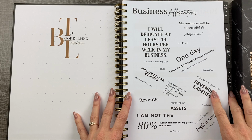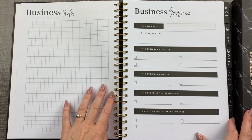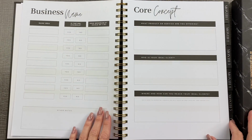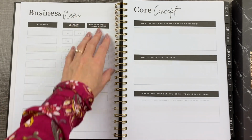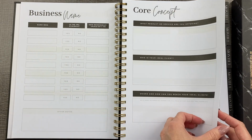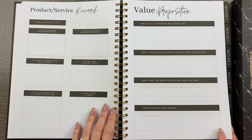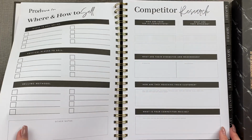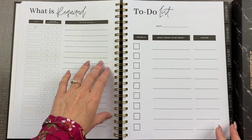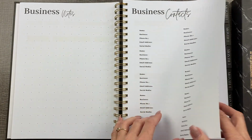All right, there. These are all kinds of financial quotes. Business notes, business overview, business name. Oh, ideas. Core concept. So this is not just bookkeeping, but kind of business planning as well. Core concept and client. Product and service research. Value proposition, where and how to sell, competitor research, what is required, to-do list, business notes, business contacts,